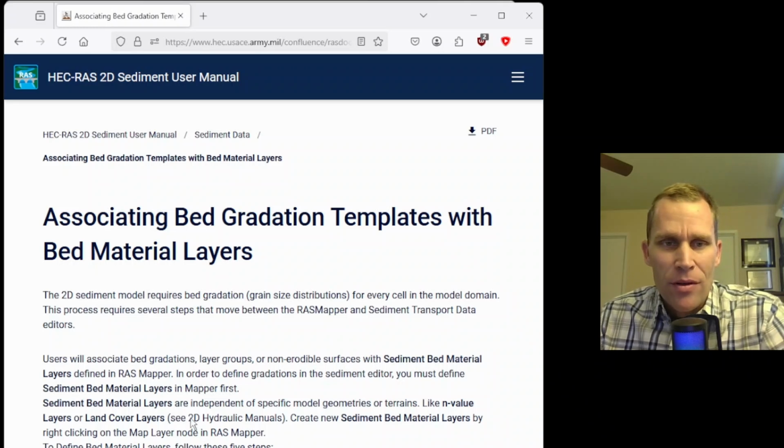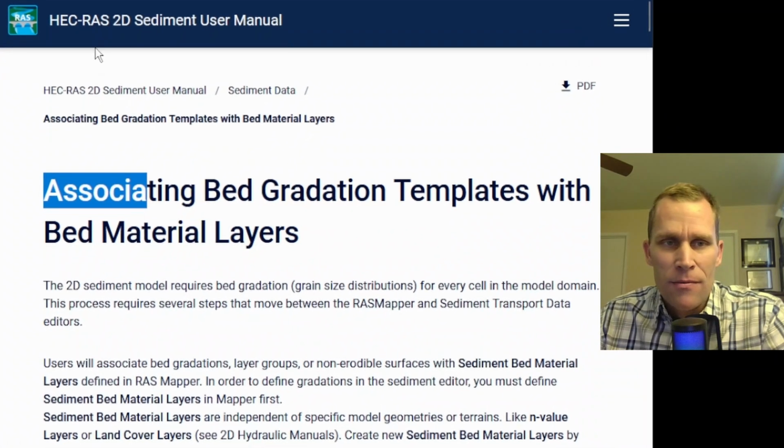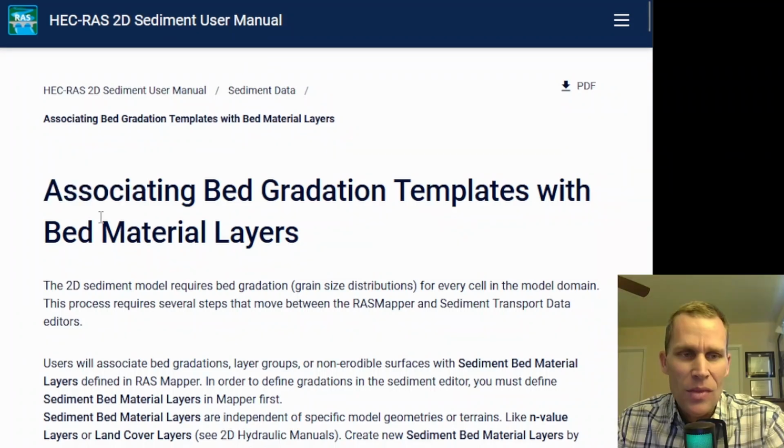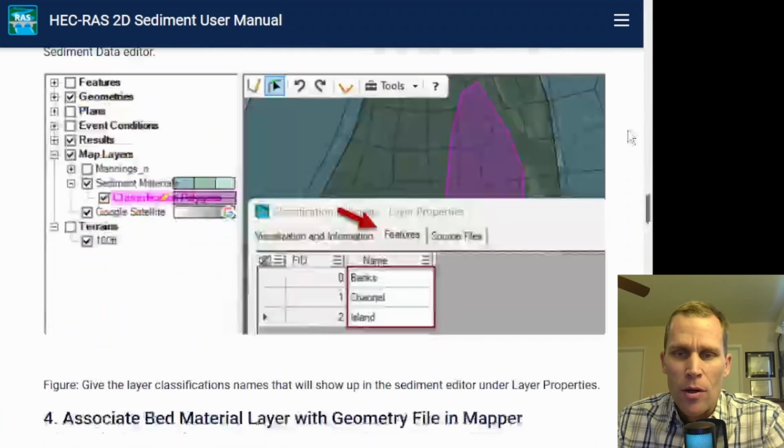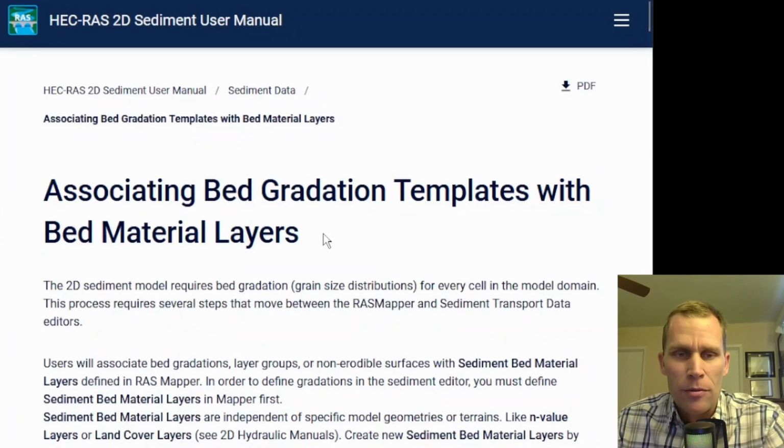All right, so what I have on the screen here is the web page from the 2D RAS 2D sediment users manual. This right here is the page of data I'm going to be going through for this lesson. So I'll go ahead and leave a link to this page in the video description